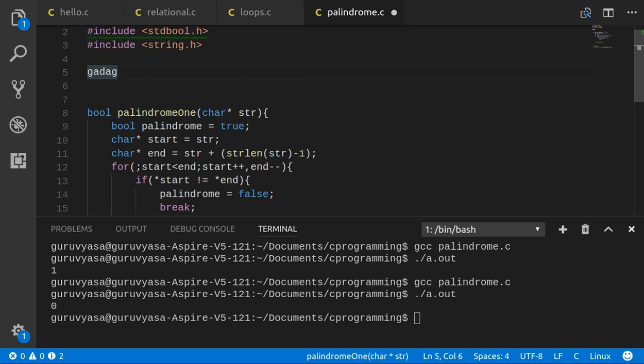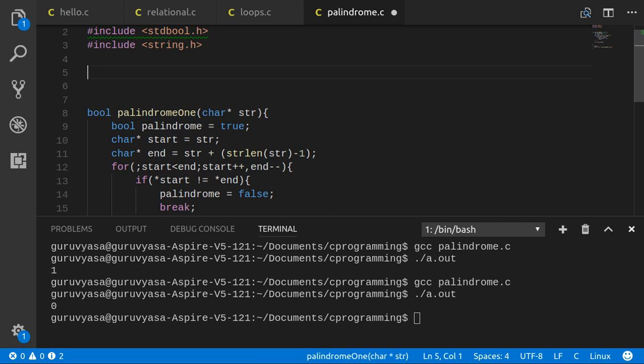So I can say that this entire string is a palindrome if the first and the last characters are equal and this middle string is a palindrome. So the next question will be, how can I say that this middle string is a palindrome? This middle string is a palindrome if the first and last characters of this string are equal and the middle string is again a palindrome. Okay, so this is a recursive solution to this problem,